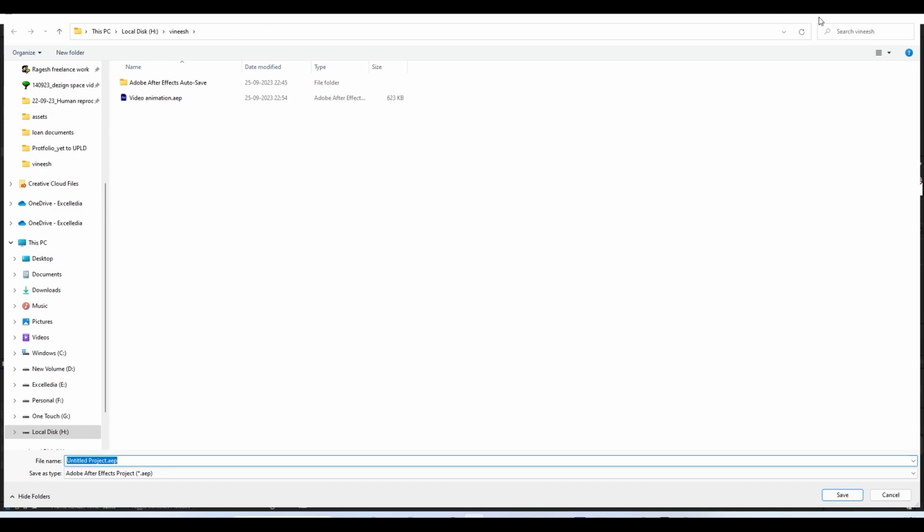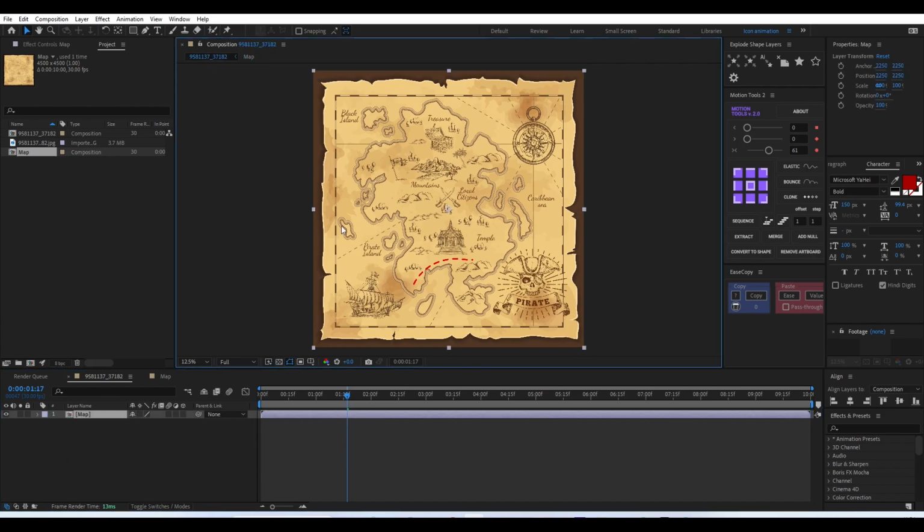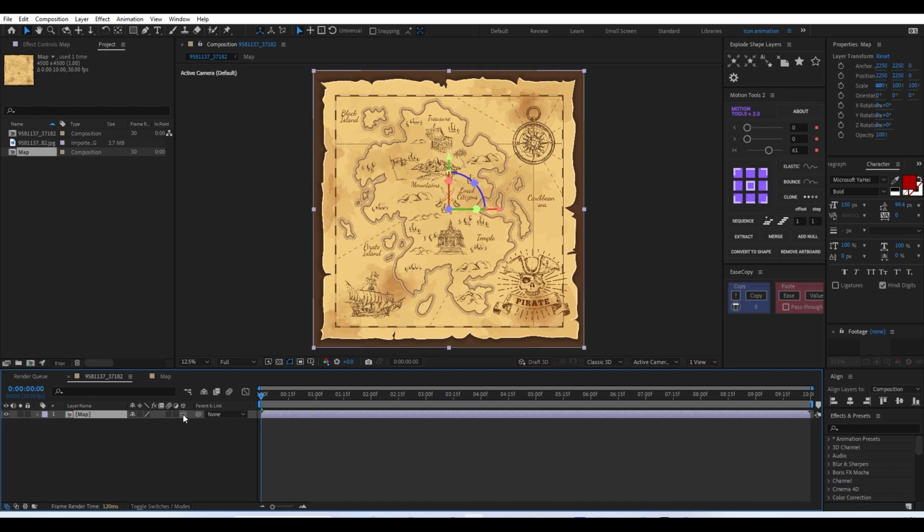So once that is done, make sure that you are saving your file. Here I'm just saving it as a map animation. Once that is done, you can just go back to our main composition, and the next thing is we have to start creating the 3D part and all. So first we'll make the composition a 3D composition. After that,